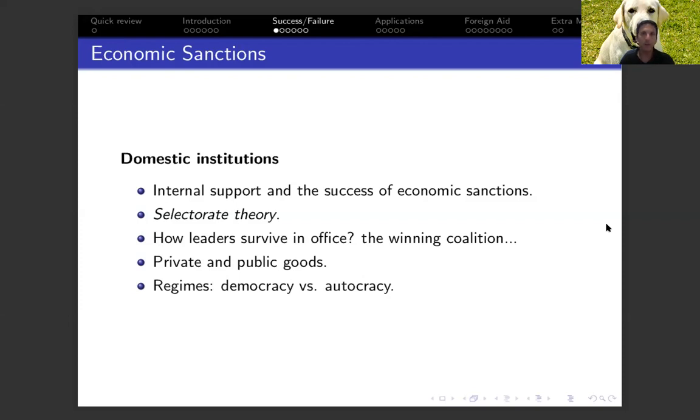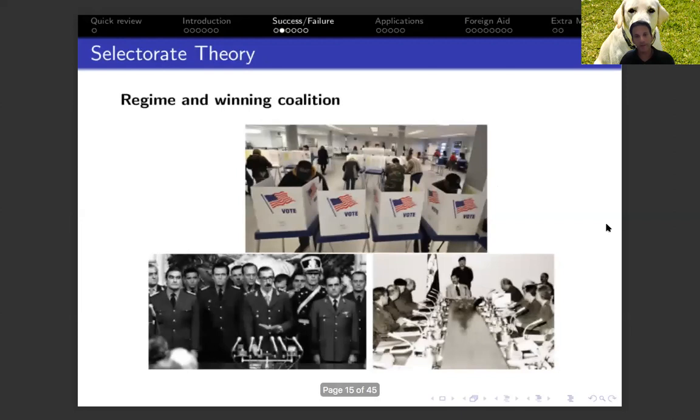The opposite effect is for autocracies or dictators. And this is where the example comes into play. For dictators, the number of people that they need to please in order for the leaders to survive is a lot smaller. And we have here, of course, Americans voting. And as I said, a lot of people need to vote for the president or for the challenger in order for them to win. The president or the challenger cannot provide private benefits to this number of people because they just don't have the resources.